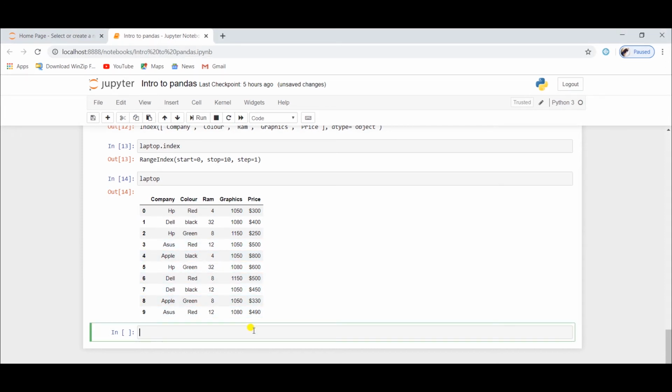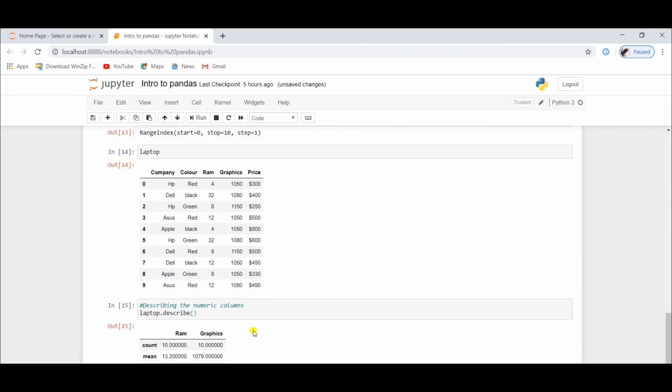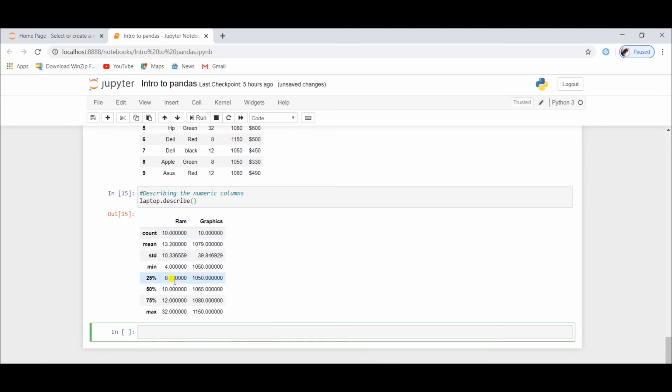Now let's see describing the numeric columns. So there is one more function, that is describe. So laptop.describe. You can see it gave the description of the integer columns, that is RAM and graphics.